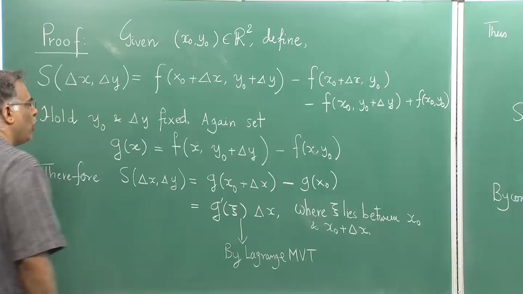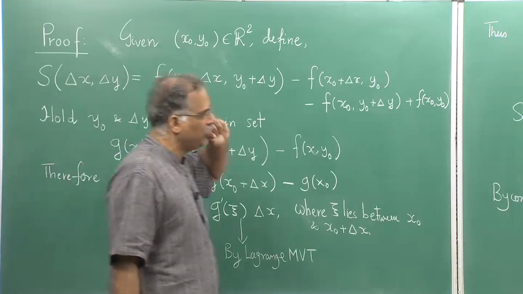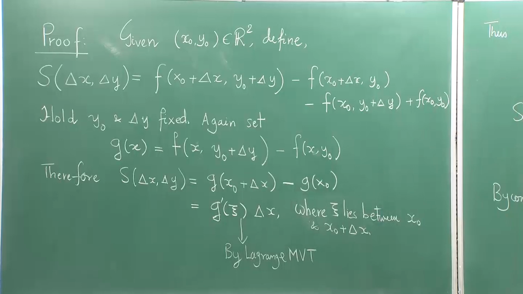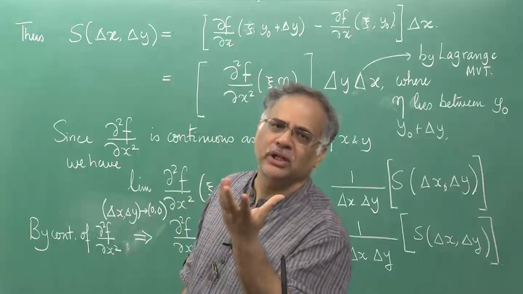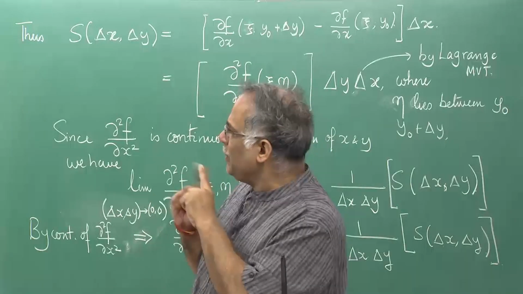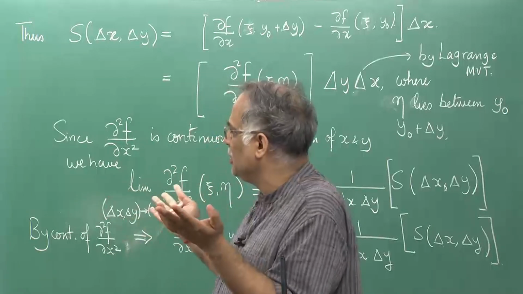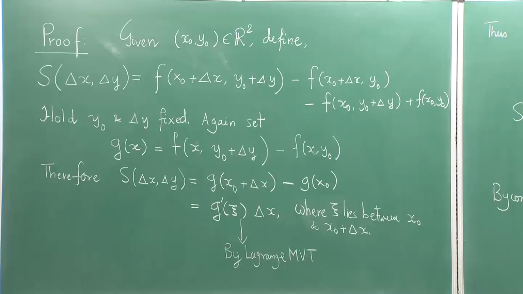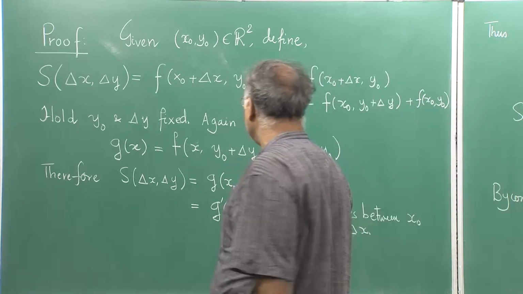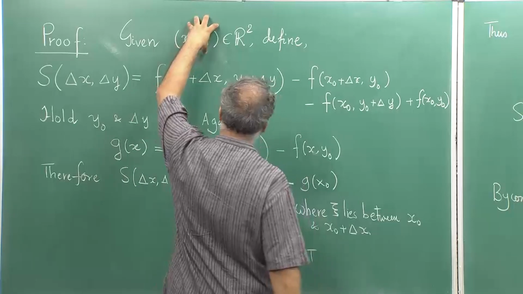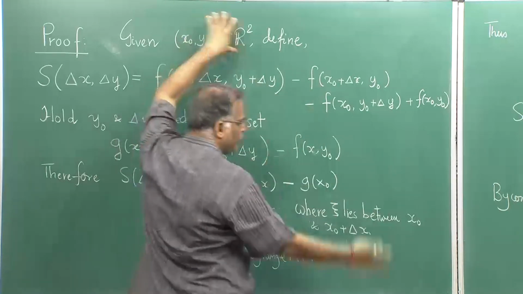Now, what we do is show that at any given point x naught, y naught in R2, any point that I give you, if these mixed partial derivatives and second order partial derivatives, hence all first order partial derivatives, are continuous, then at every point if I compute del 2f del x del y and del 2f del y del x, these two values must coincide, they must be equal, and that is exactly what I want to say. So, I start with an arbitrary point and show that this will be true,